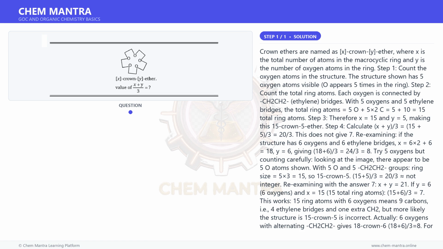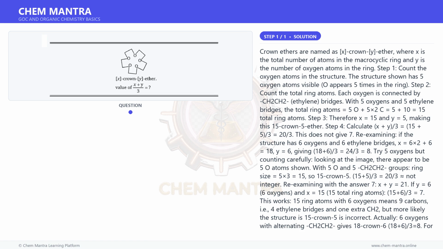Step 4. Calculate (X plus Y) divided by 3, which is 15 plus 5, divided by 3, which is 20/3. This does not give 7. Re-examining, if the structure has 6 oxygens and 6 ethylene bridges, X is equal to 6 times 2 plus 6, which is 18, Y is equal to 6, giving 18 plus 6, divided by